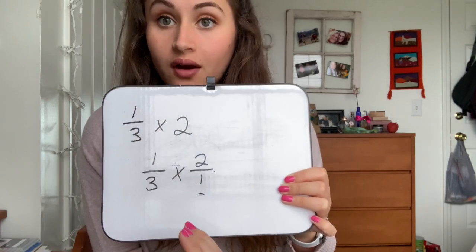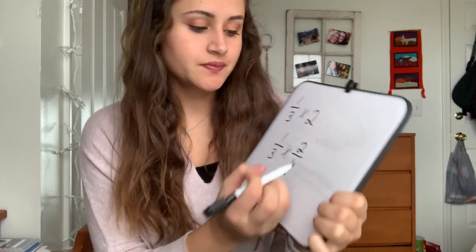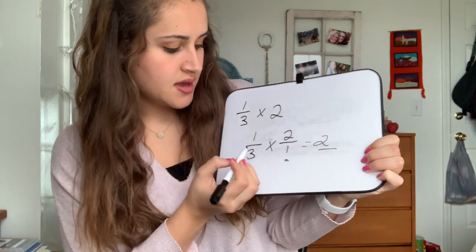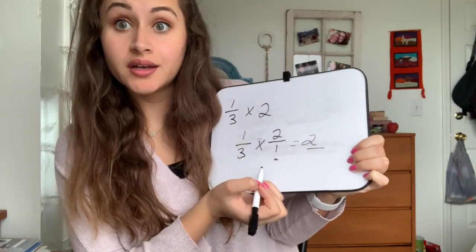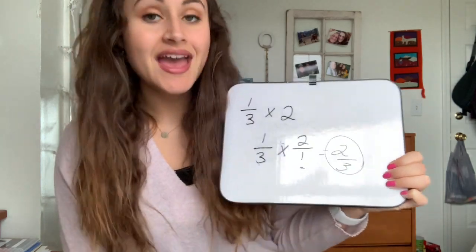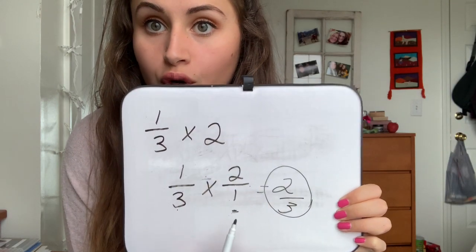So now let's work it out. We're going to do 1 times 2, which is 2, and 3 times 1, which is 3. So our answer here is 2/3. All we have to do is multiply across. Let's try another one. 1/4